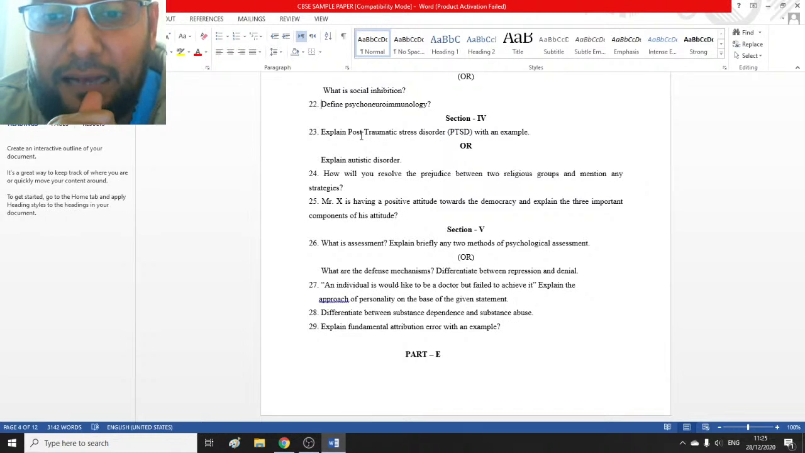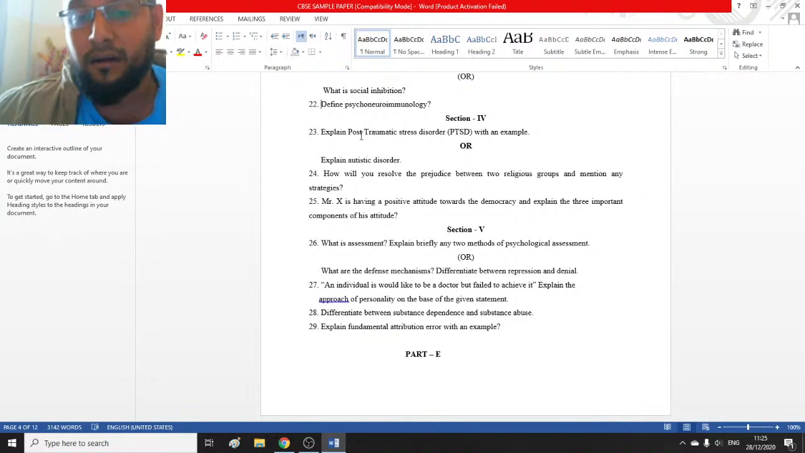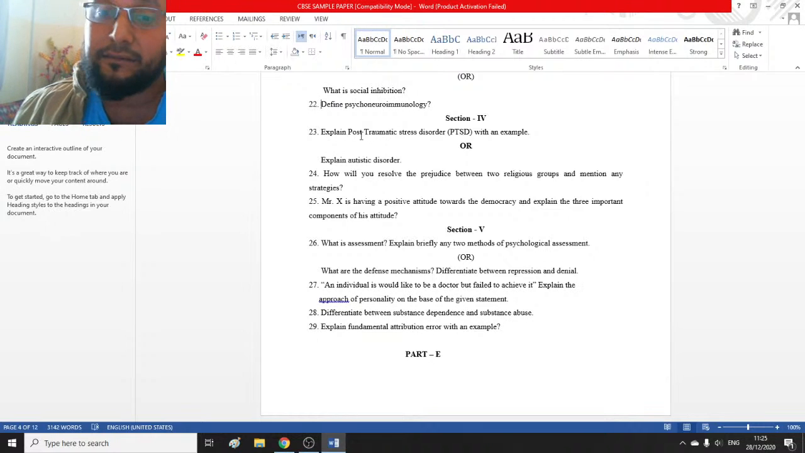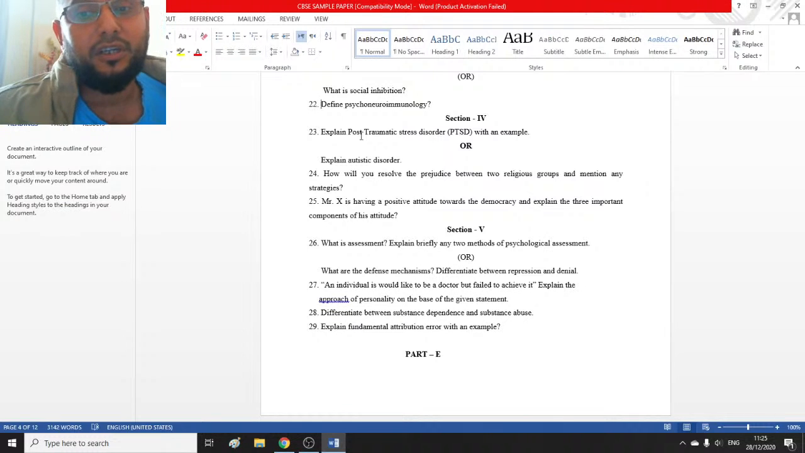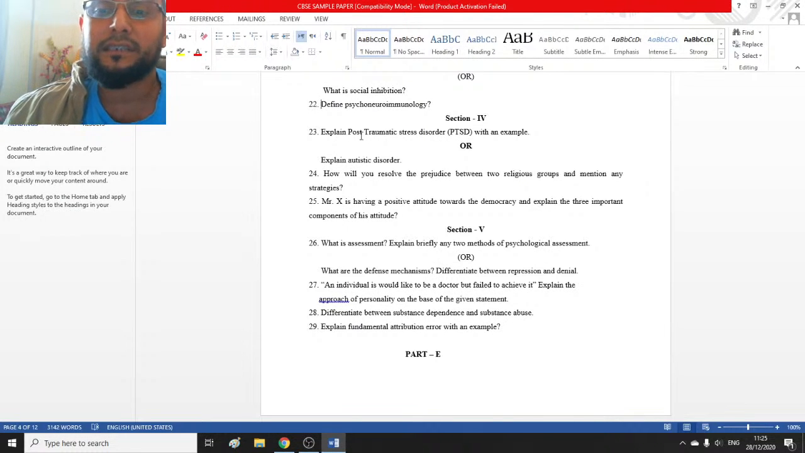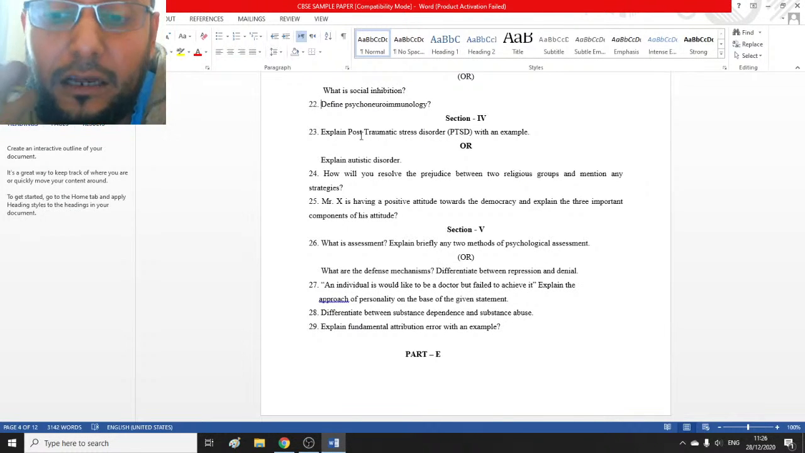Now, Mr. X has a positive attitude towards democracy, and explain the three important components of his attitude. X has a positive attitude for democracy. Okay, affective, behavioral, cognitive. You give the ABC components here. Affective means his feelings. He loves democracy, or he loves the concept of democracy or the views of Abraham